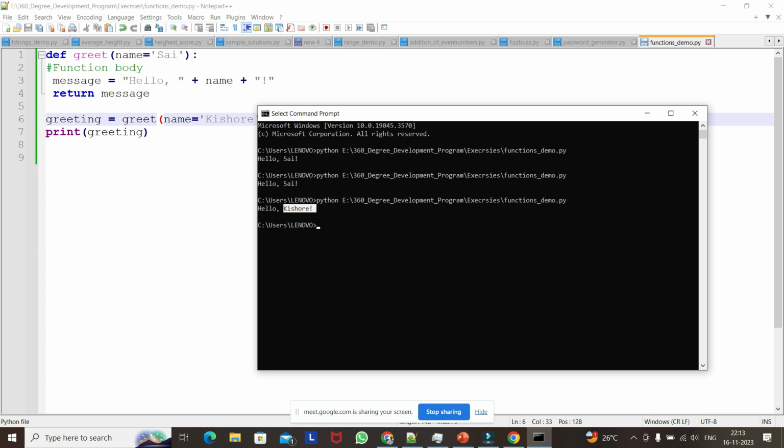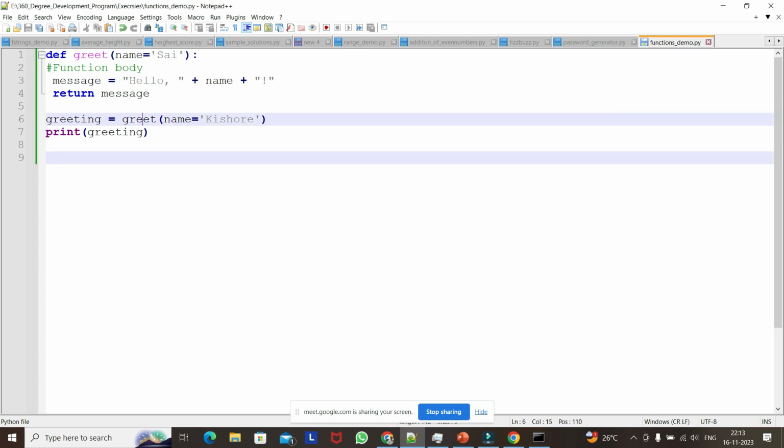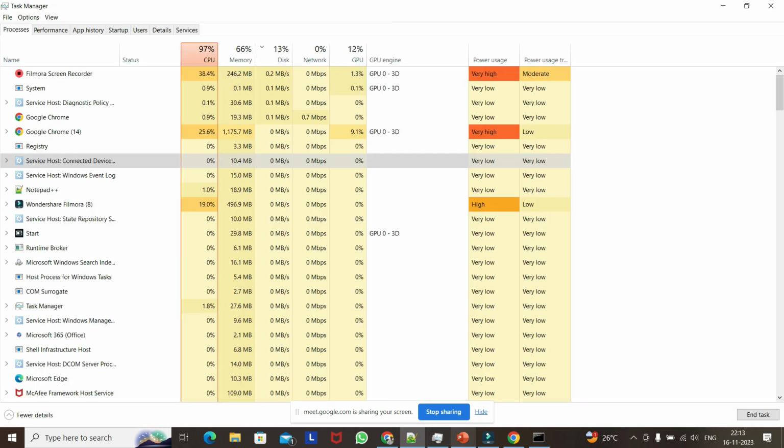So here what we are saying to the function is that the name parameter should be replaced not with the default parameter, but I am passing my own value to the parameter, and you have to replace it with the same value. That is called